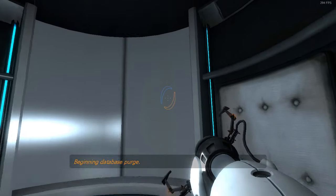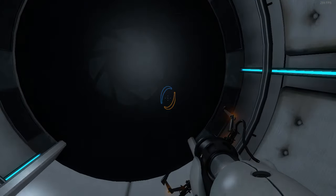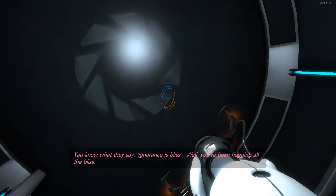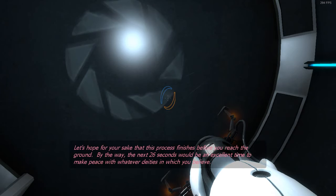Beginning database purge. You know what they say, ignorance is bliss. Well, you've been hogging all the bliss. Elevator rerouting sequence complete. Thank you for your participation. Let's hope for your sake that this process finishes before you reach the ground. By the way, the next 26 seconds will be an excellent